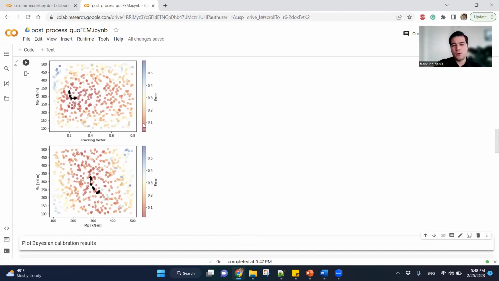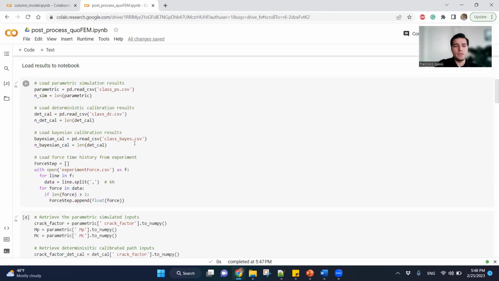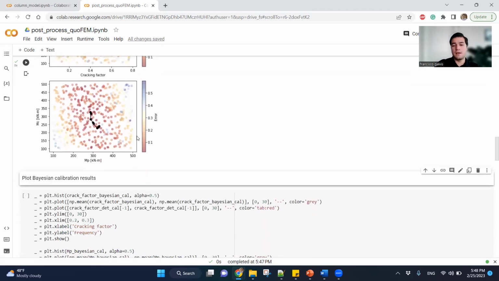So you can see in red the lower errors and in bluish the higher errors. The black line here depicts the path from the deterministic calibration, right? The point where the analysis started, with an MC of 300, 330 perhaps, and 290 perhaps here, and then how we travel to find the outputs that we obtain as the